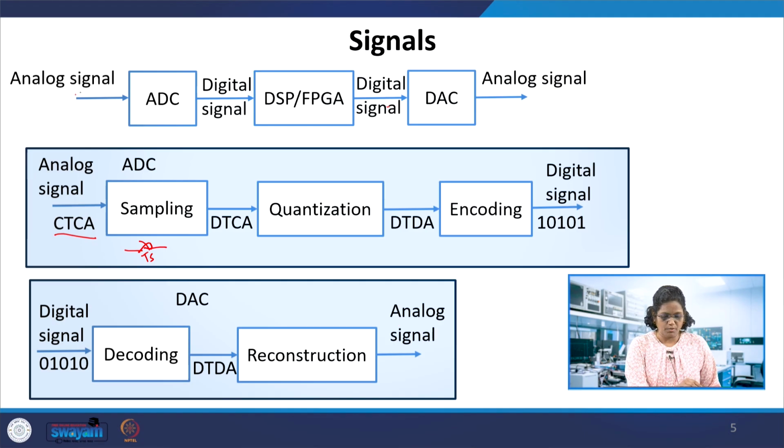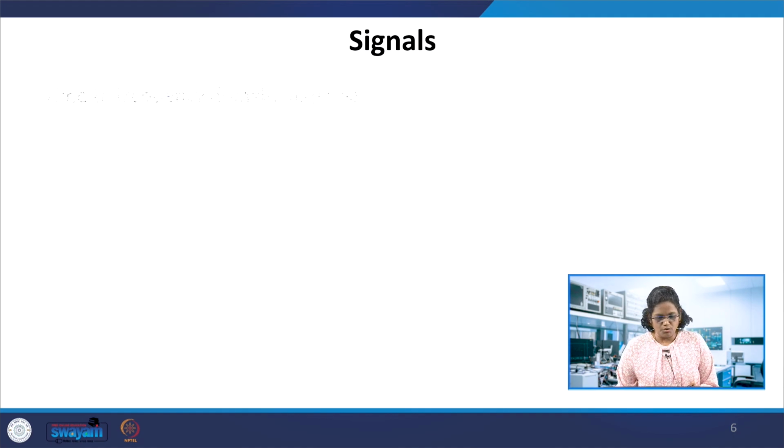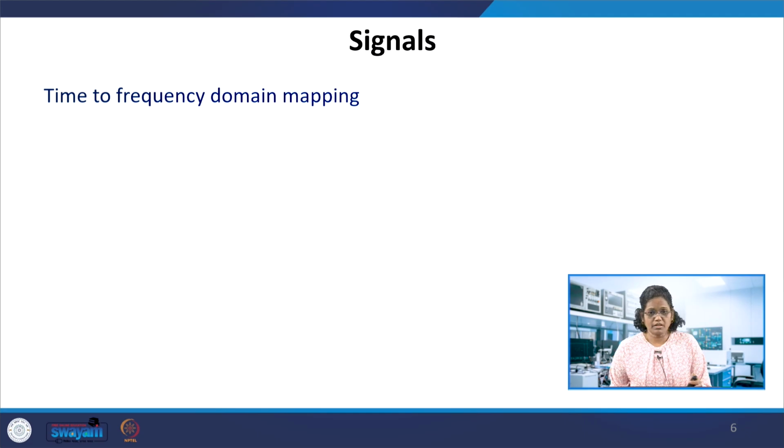So the digital signal processing system will have all those things. They are learning about the coding of these FPGAs, and before that, the signal needs to come through the ADC and then get back through the DAC here. So with this background, we will move on to some of the mappings.